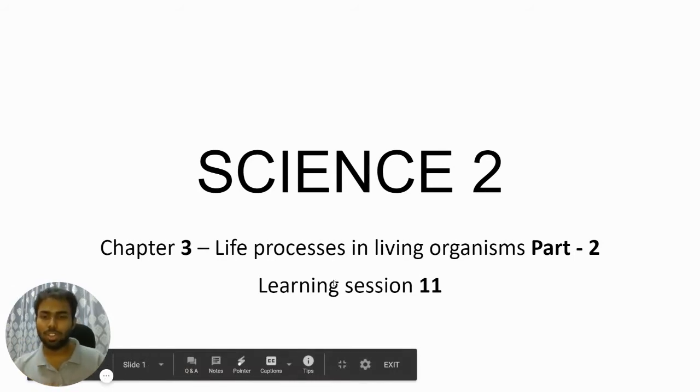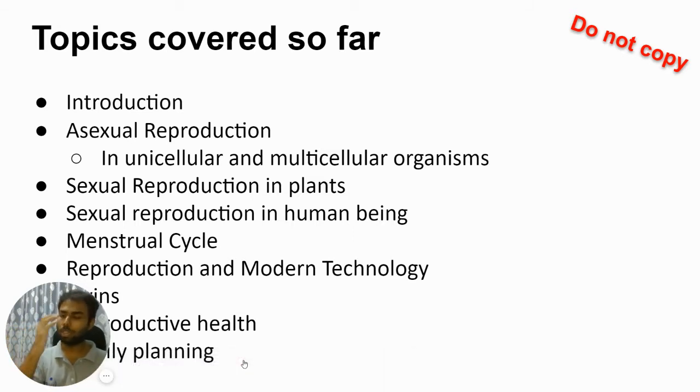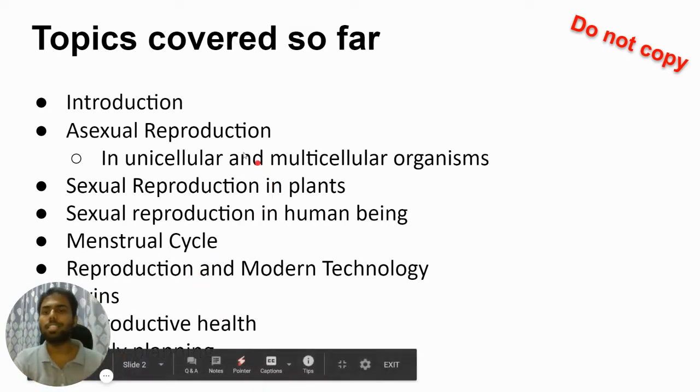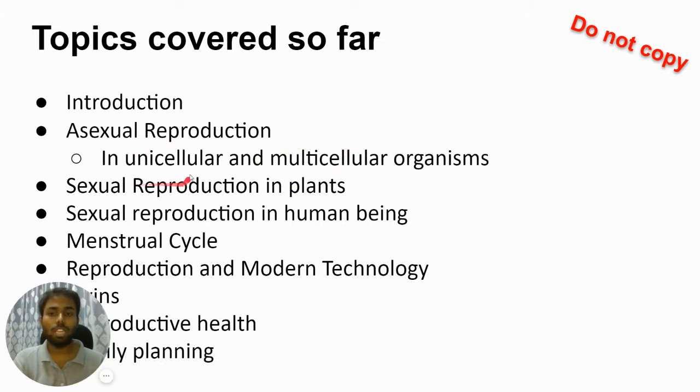I'm not going to tell you all what we have seen. I want you all to think. Can you remember things when I say these topics' names? For example, asexual reproduction. We had seen it in unicellular organisms and in multicellular organisms. Can you recall the names of all the types of asexual reproduction in unicellular organisms? There were three types. Can you recall their names?